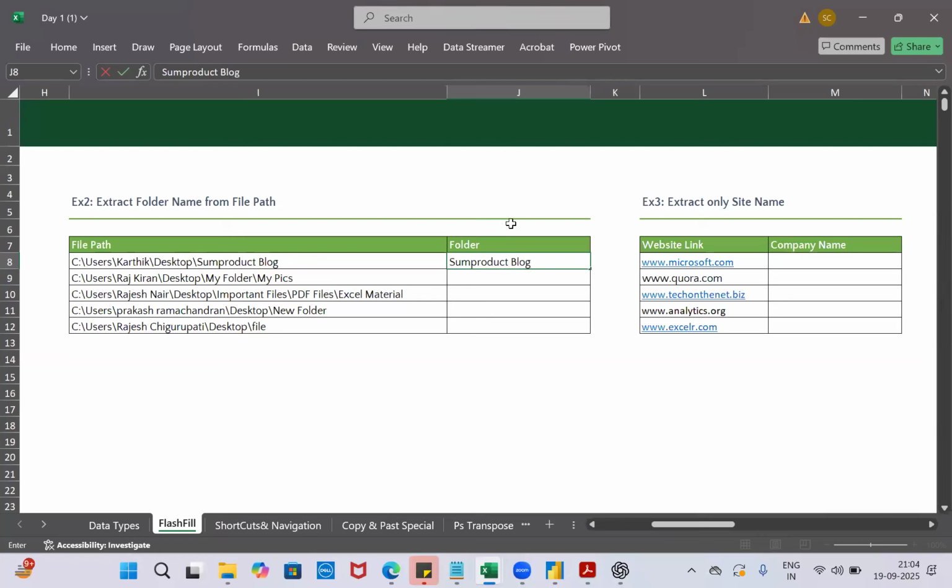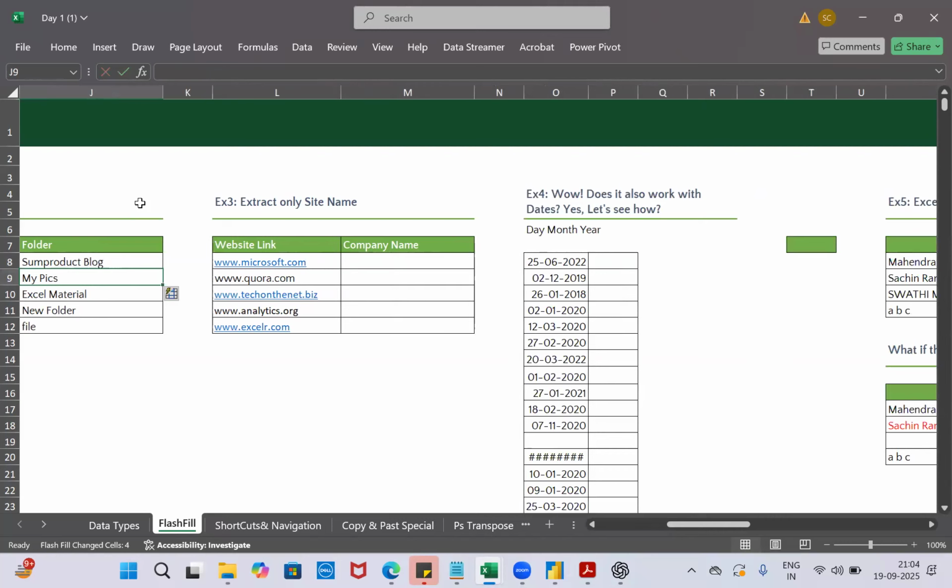Out of this file path also, it has the same kind of delimiter. Click enter and it's going to give you that. So whatever my pics Excel material, you all got it. From a file path you can extract the folder name.